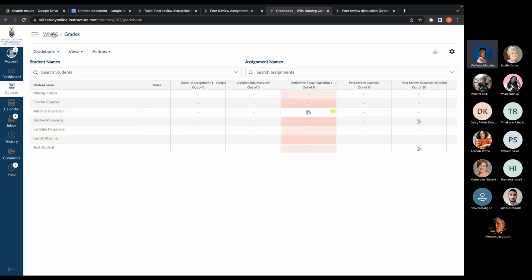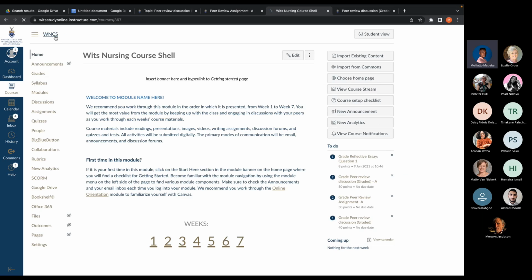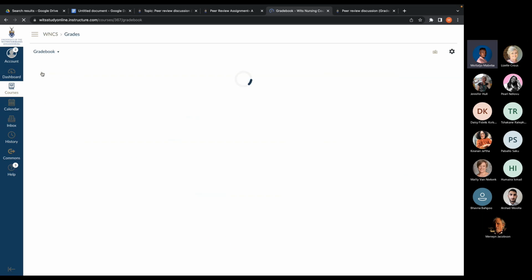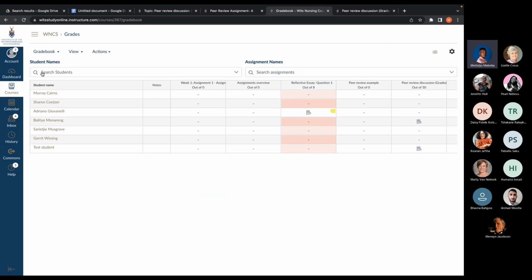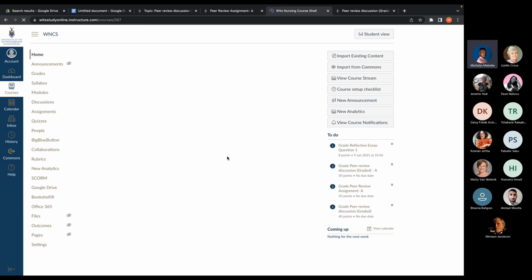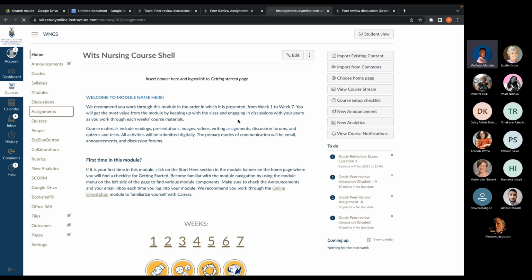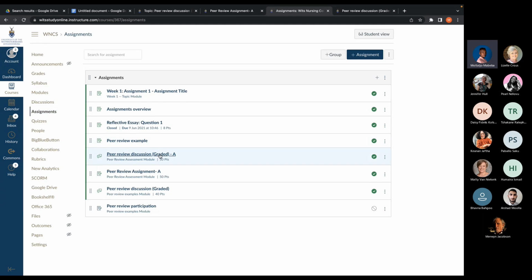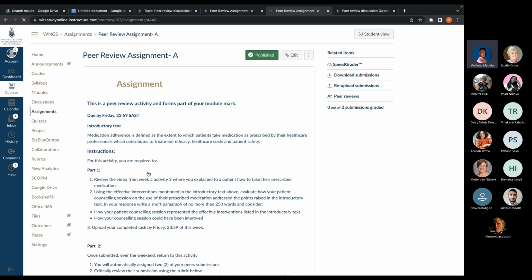Okay, let me just go back here. So now that I have done all that, and of course with assignments, you can also mark them offline. However, I do recommend that you utilize the LMS. Often there is that option where you just want to download everything, and then just download the assignments and mark them, then later on import them. However, the nice thing about marking online, let's say I had used